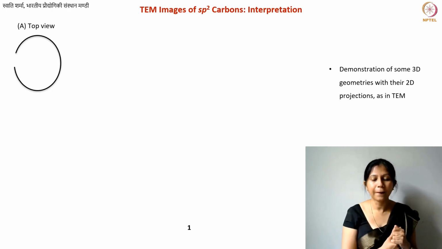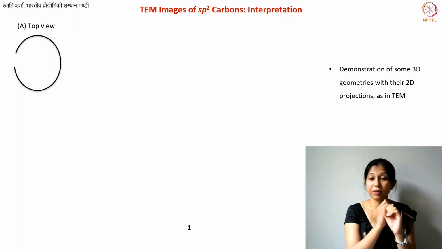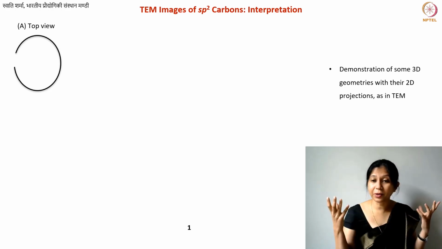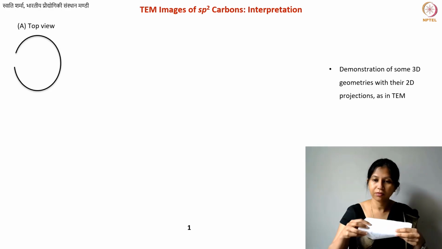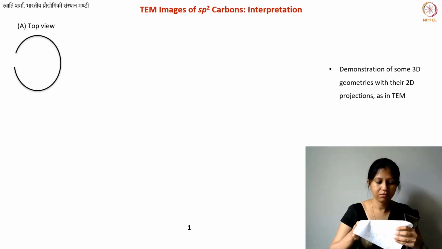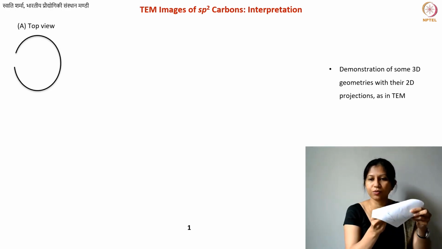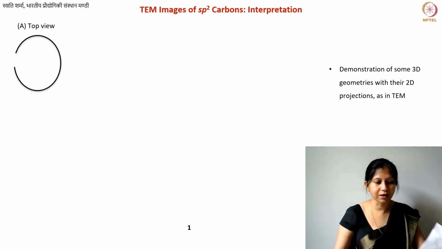If I see a ring, I can think of it as a particle. I can also think that, oh, maybe it is a tube, because I'm seeing only the 2D structure, right? So maybe it is a tube. That is possible, but it could also potentially just be some randomly organized sheet. So it can be something like this, which is not completely closed, right? And this is not really a tube. This is just some graphene flake which is folded, which has a curl.